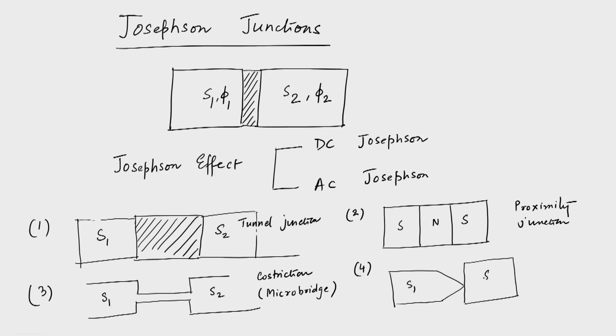So, this is a superconductor and there is another superconductor, and one is connected to the other by just a point contact. So, these are point contact junctions. Okay. So, these are micro bridge junctions and so on. So, these are some of the examples of Josephson junctions, and mainly we are going to talk about the one that is shown in serial number 1. However, the discussion is not restricted to one, it could actually be extended to all these other 3 junctions that we have shown here.